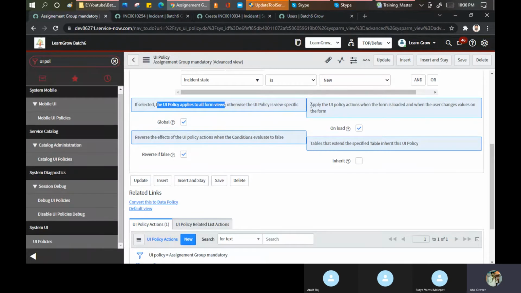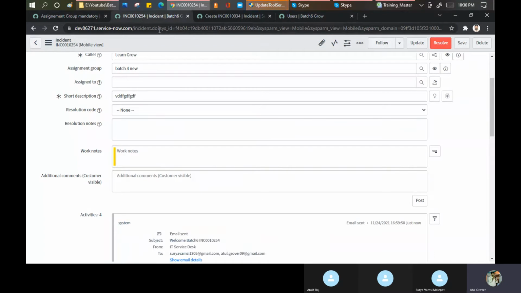Now the second point, when you want to run this particular UI policy on load or not. Suppose I untick it and save this, I go here and I create a new incident.